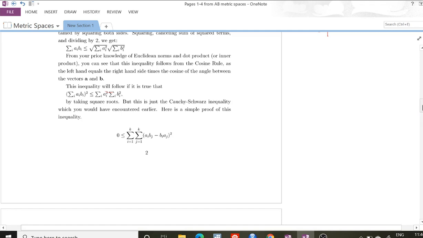Let me just flag one or two steps in the proof rather than give the logic of the proof itself. So the proof starts with this simple inequality, which is 0 is less than or equal to this double summation of ai bj minus bi aj squared. Okay, so I take these sums of squares. That's obviously going to be greater than or equal to 0 because I'm squaring stuff and then adding them, right? So then if you open this out,